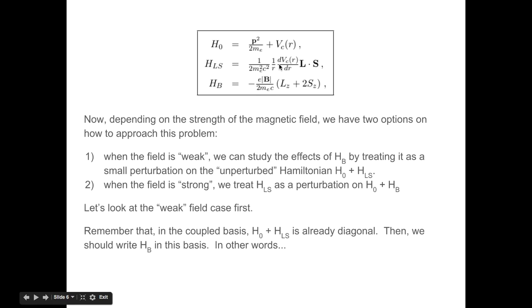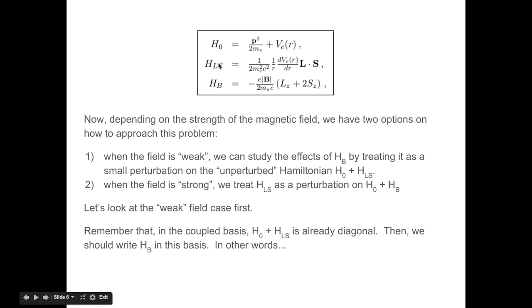This is the problem that we want to solve, and how you go about solving it really depends on the strength of the magnetic field. You basically have two options. There's what we call the weak field limit, where the magnetic field is relatively small, so the HB term is small compared to these first two terms. In that case, you can treat HB as a small perturbation on the unperturbed Hamiltonian, the combination of H0 and